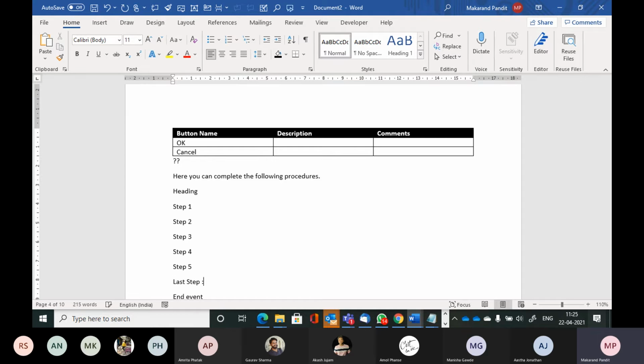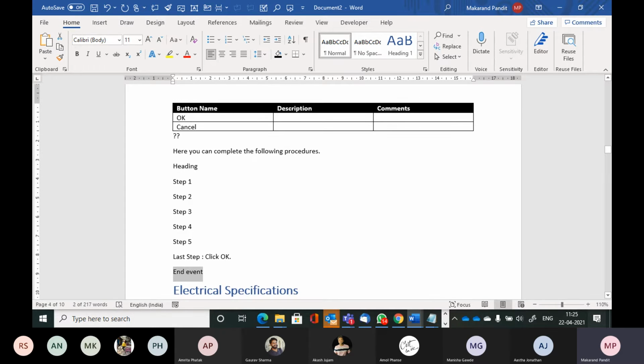So for example, a lot of people say, okay, my last step is click OK. Done. Correct? So your procedure completes here, but what is the end event? So the end event, for example, will be the document will be saved. Right?